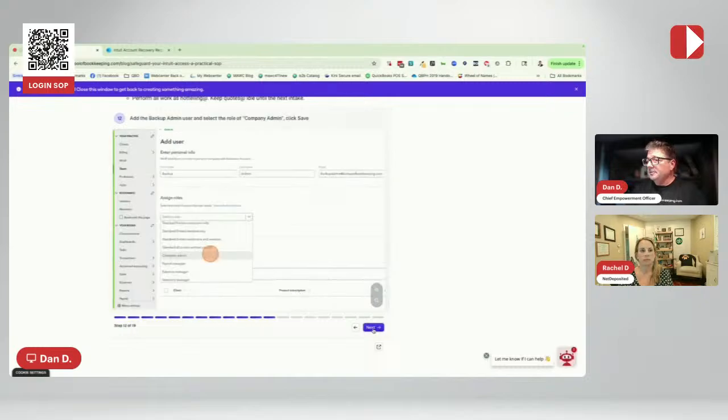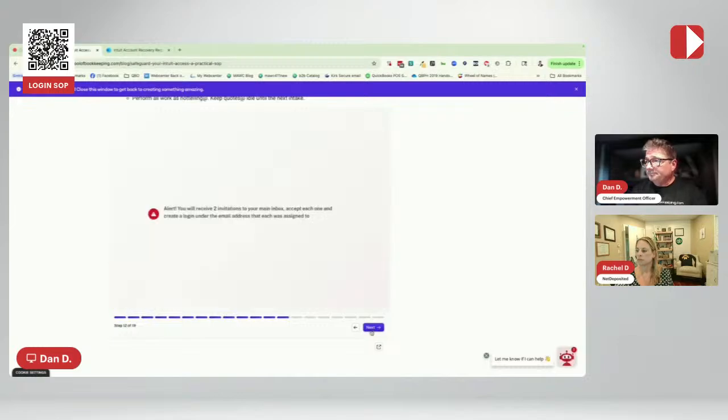And then you do the same thing for your backup admin, right? So now you've got 3 users. One is your user that you would do your daily work. One is just the backup admin user, and then the other is the quotes. All right. Now you're going to receive 2 invitations to your main inbox.